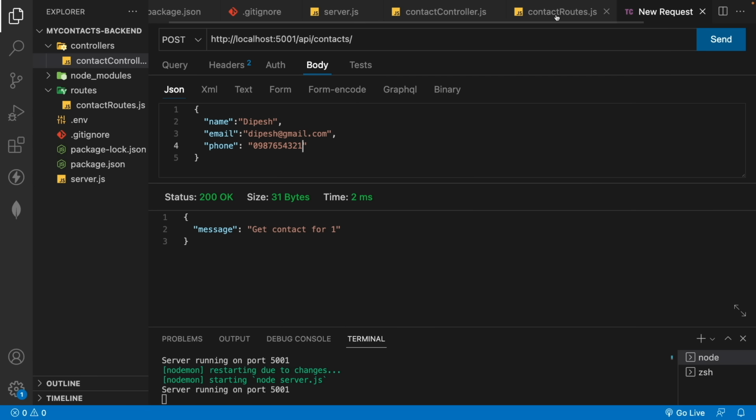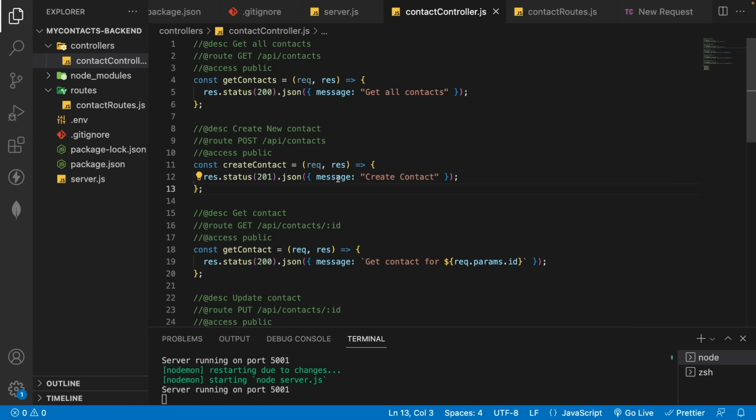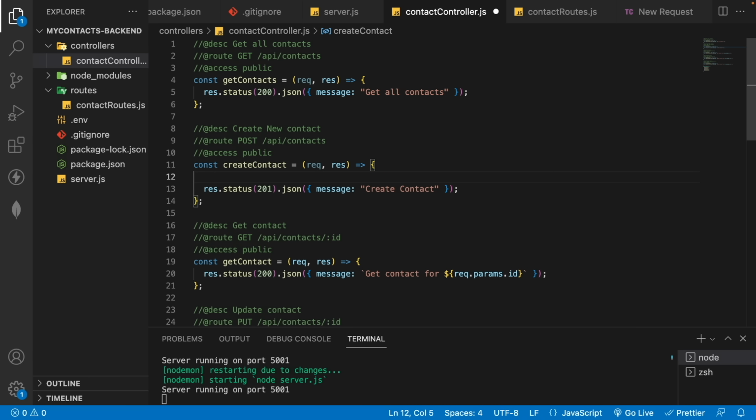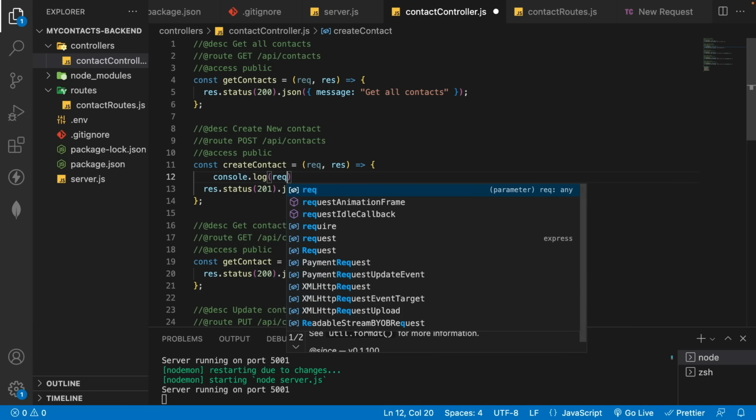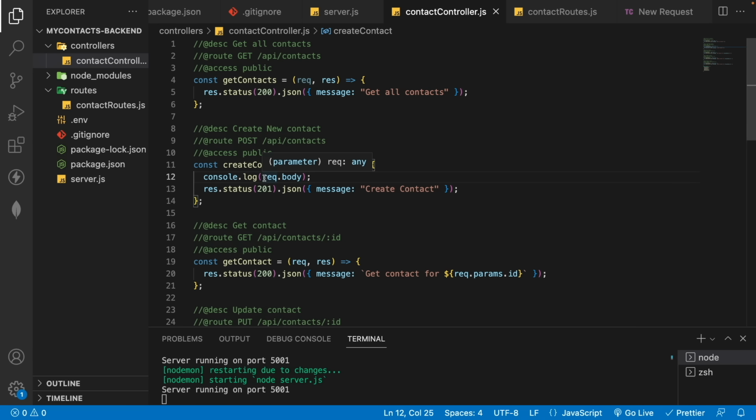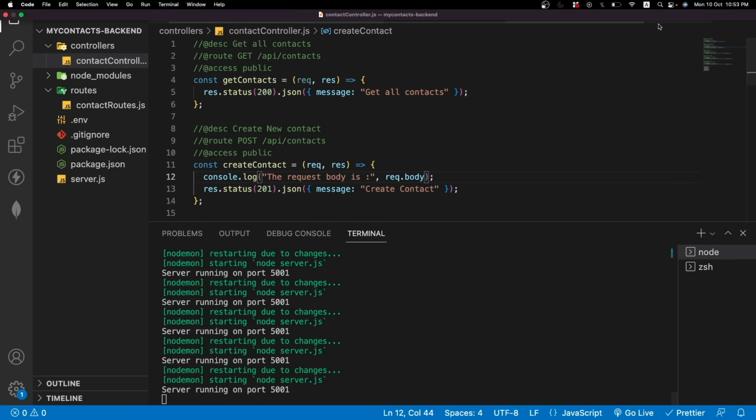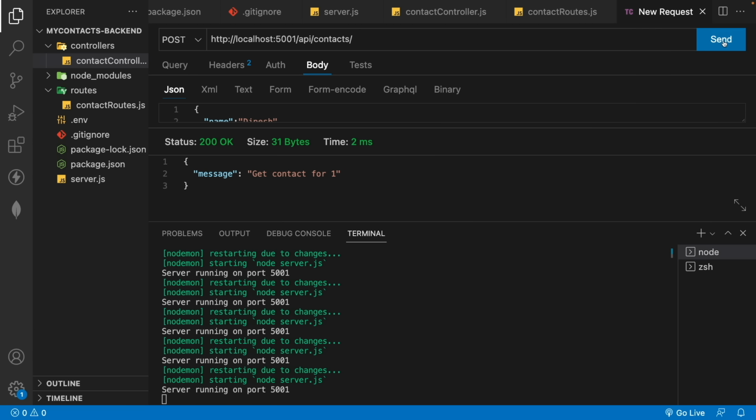So if we go in our contact controller, then we will see that let's do first the console log of the request. So I'm going to have the console.log. I will have the request.body. So I need this body in order to create the new contact. So I'm going to have the console log. So the request body is, and I'm going to have the request body. Now if I see in the terminal, and if I go here and if I click on the send,